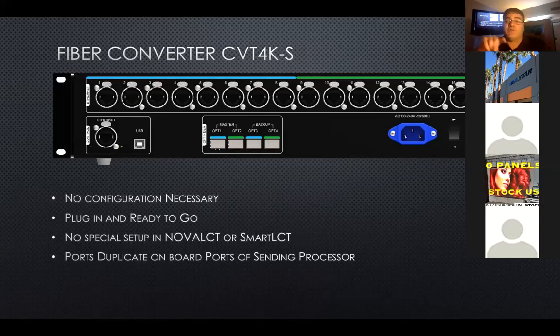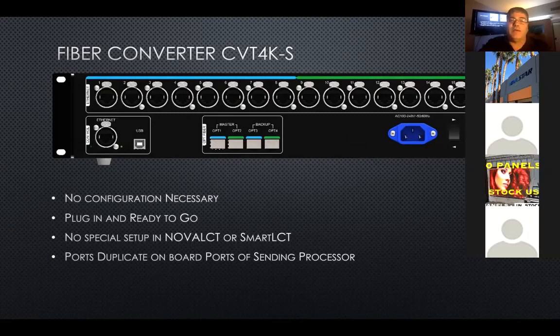One of the things I want you to understand is the MCTRL 4K and the CVT 4KS are sending the same signal out simultaneously. So at that point, you have 16 times 2, so you have 32 ports sending out signals. Now, they're going to be cloned, so it doesn't mean I gain that many more pixels, but I can, if I'm building multiple walls, have one wall work off the 4K processor there and one wall work off of